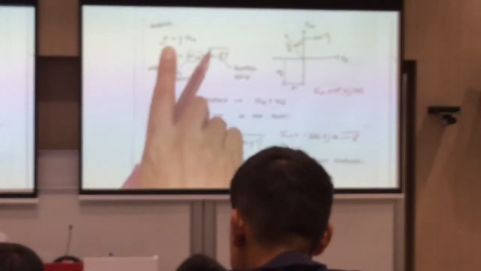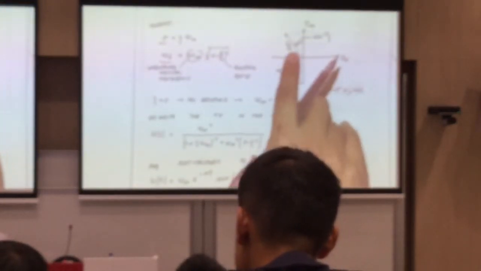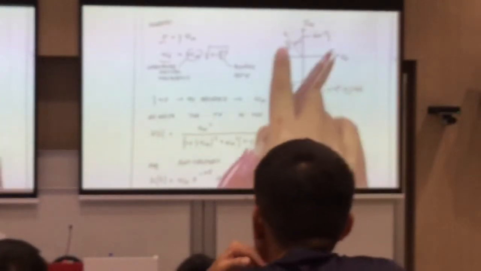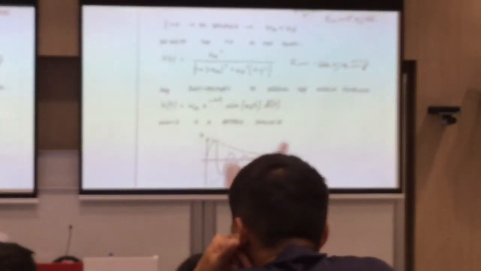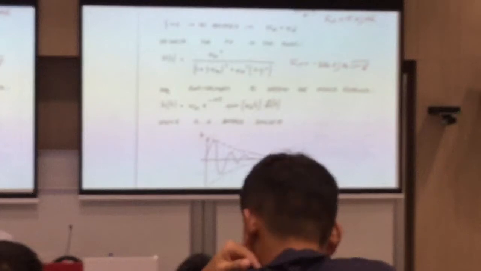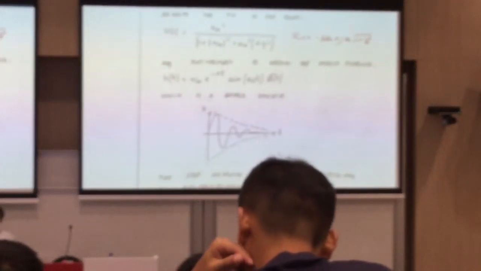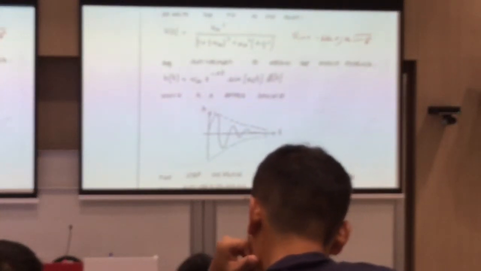And if your sigma is positive, or your root is at minus sigma, which is on the negative side, then your system will be stable, right? So once your system is stable,